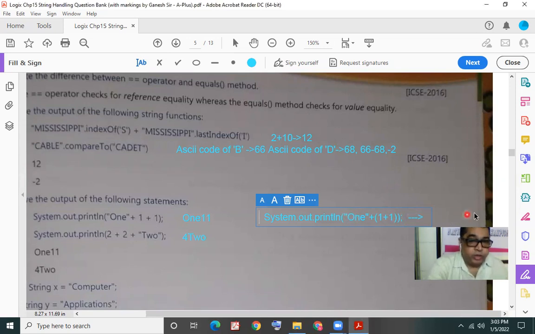So the output would be ONE and then the integer value 2. Very first we evaluated the innermost bracket, which has 2 integer values, and the result was concatenated with the word ONE.